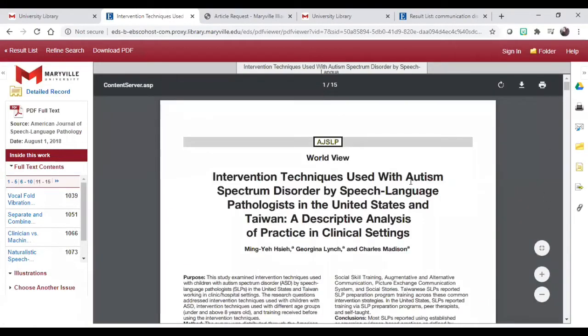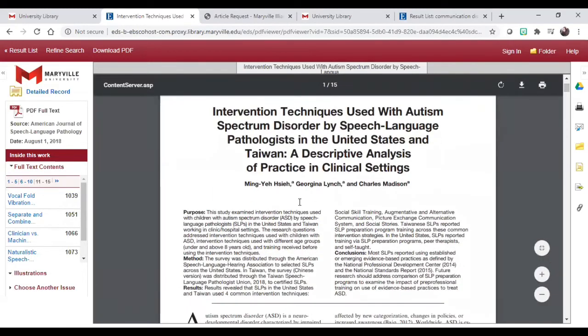So then what you'd want to do is download this to the device you're currently using, or if you're on an iPad, you can actually share and send this directly to Notability, where you can highlight and make notes and save it however you like from there. So you do have a couple options, but I personally like to just save the hard copy of this PDF because then I know I'll be able to access it later, and all the information we need to cite will be available in this PDF.